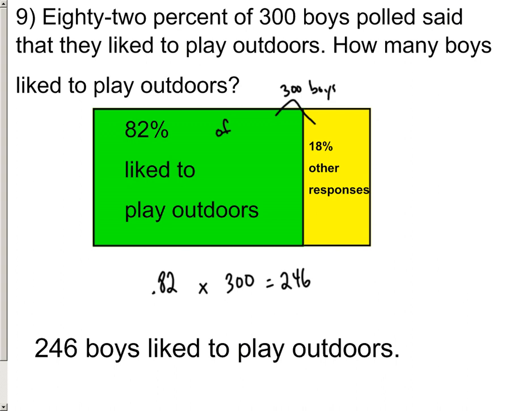You don't want to just trust your calculator, because what happens if you forgot to make this into 0.82? You'd say 82 times 300, and it would be a huge number. Let's see, I'm working it out right now. It actually shows you it's 24,600, and that would make no sense. You only talked to 300 boys. How did 24,600 say they like the outdoors? So you want to be on the lookout for that type of reasoning to prevent the